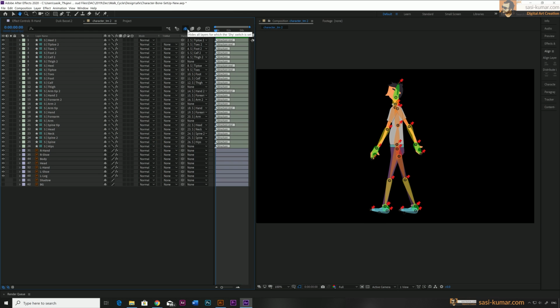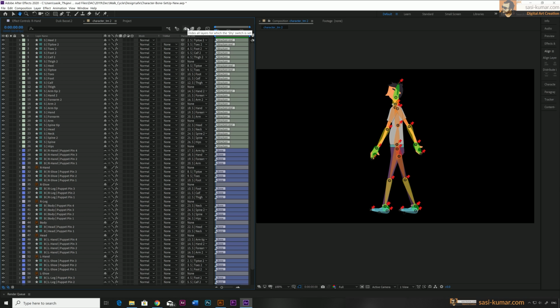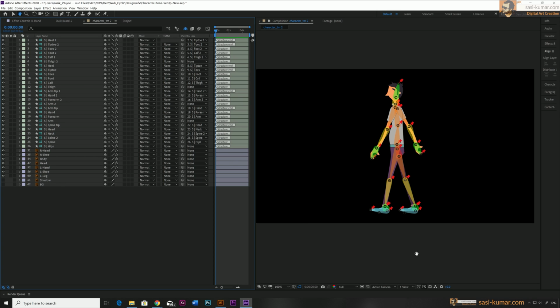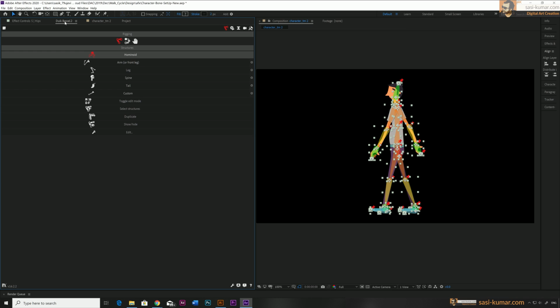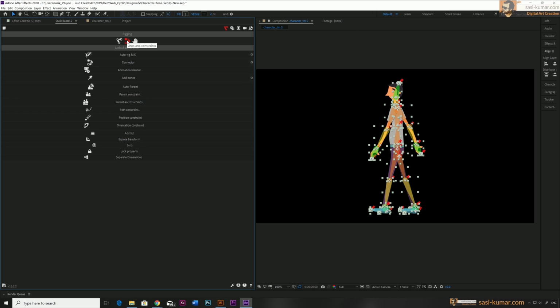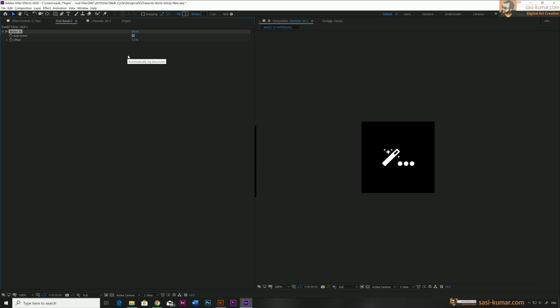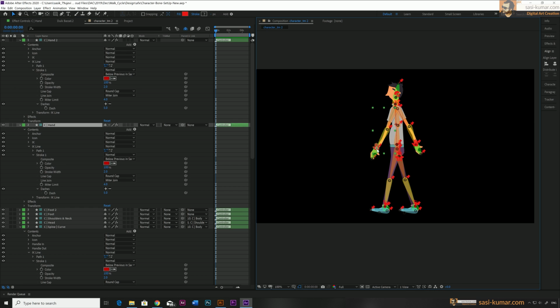You can unshy and see all the hidden layers by unclicking this part in here. Now select all of these structural layers and go to Duik and go to Links and Control and Auto IK, which will create the automatic bone structure, so we can easily animate them. So let's wait for Duik to do its magic. Already done.